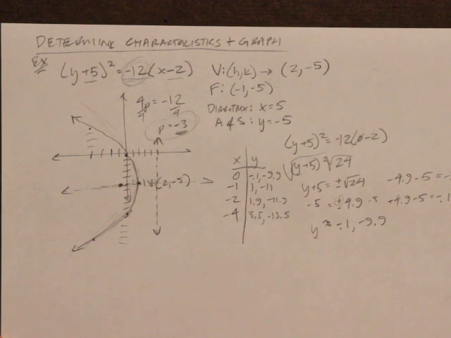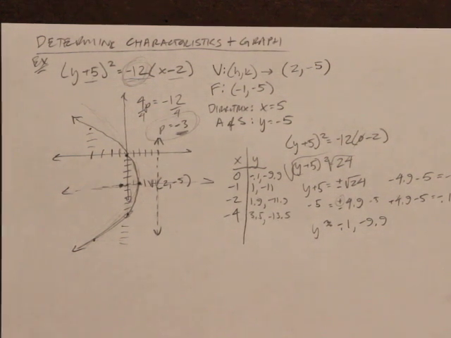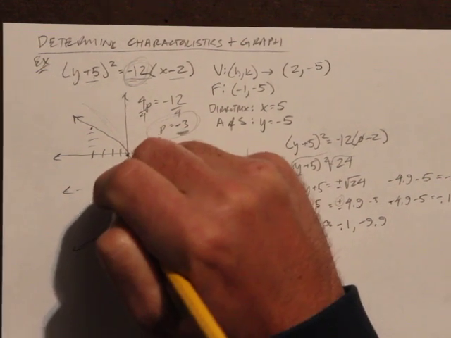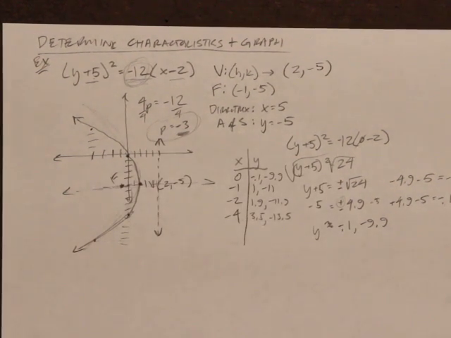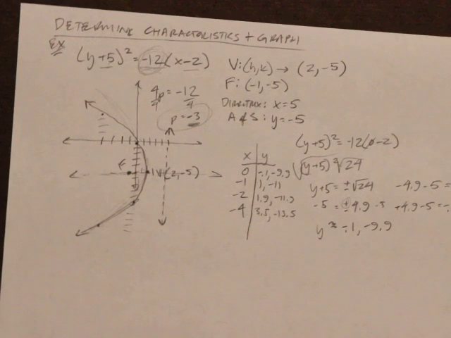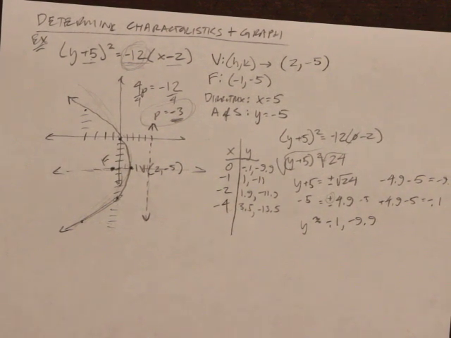Now we have the general shape of this graph. There it is. That's all there is to it. So there's the focus. There you have it. Now we are going to look at writing this in standard form, or, oh, you know what, actually,